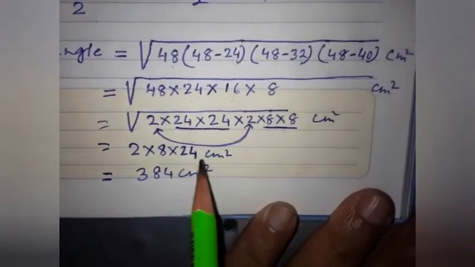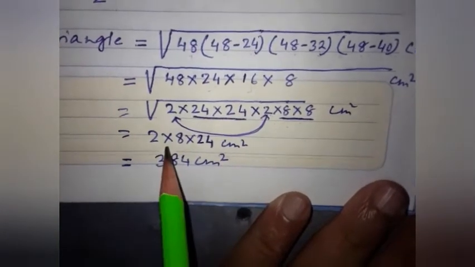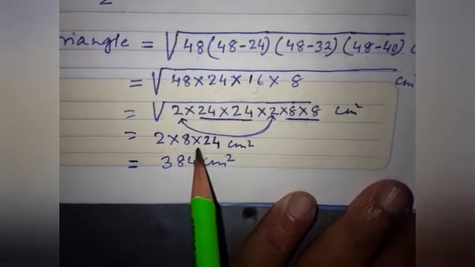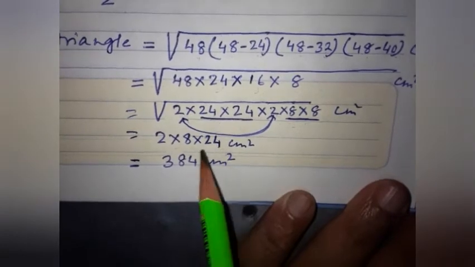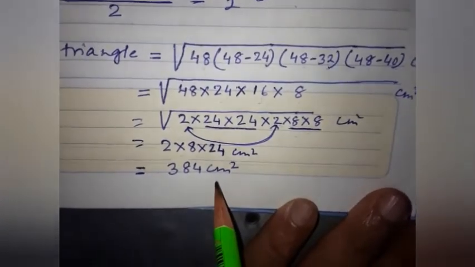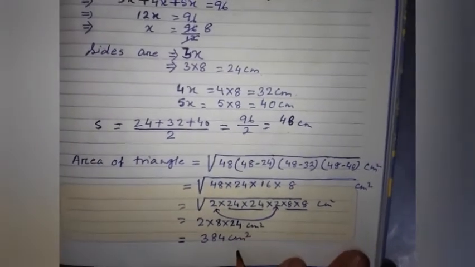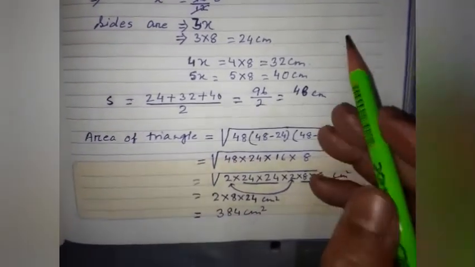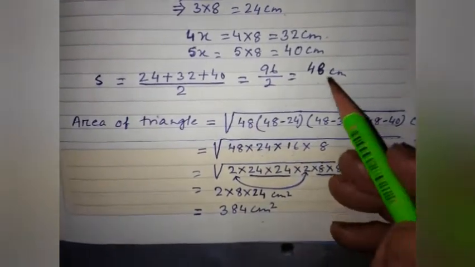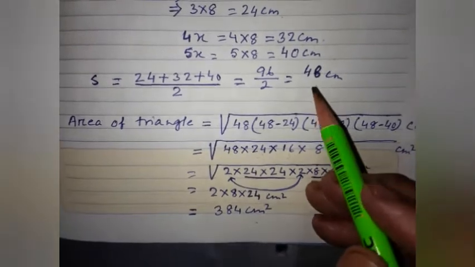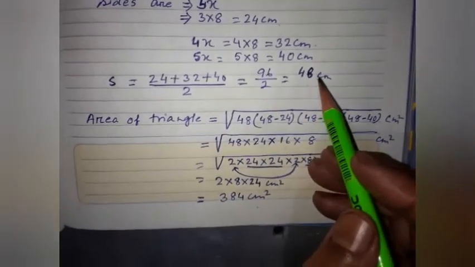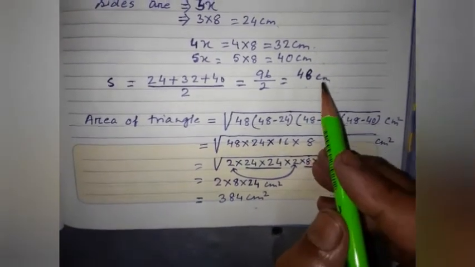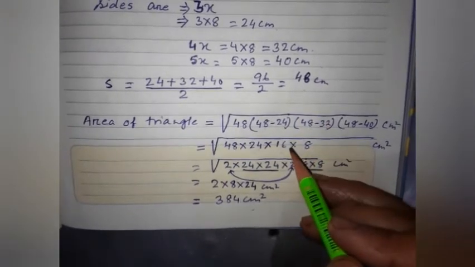Now you know that for the pairs what will happen? All the numbers are having a pair: 1 will come out, 2 is having a pair, comes out, 24 is having a pair, 24 comes out, 8 is having a pair, 8 comes out, and you multiply it, it is coming 384 centimeter square, and that's the area of the triangle. So this is what I explained to you, okay? And all the varieties of questions based on area and perimeter of the triangle, different kinds of triangles I have taken, and all the different types of questions I have solved with you.